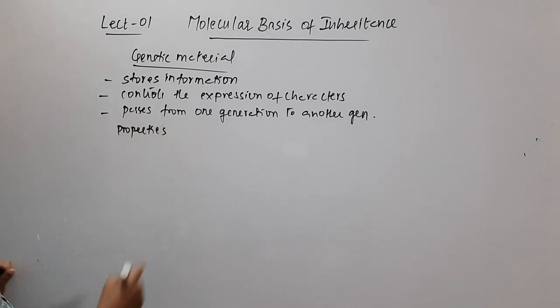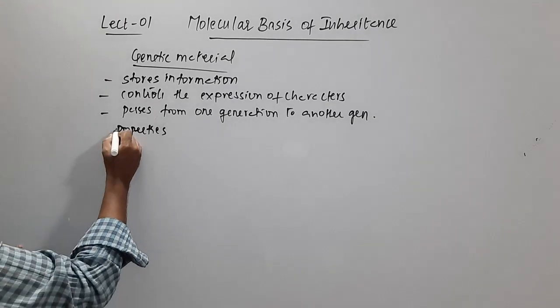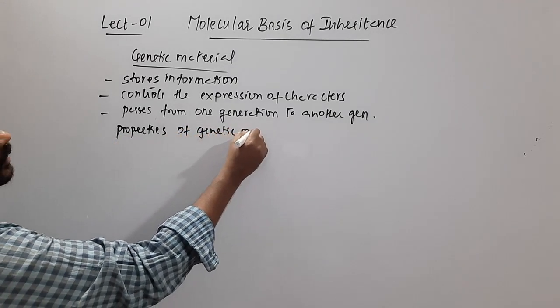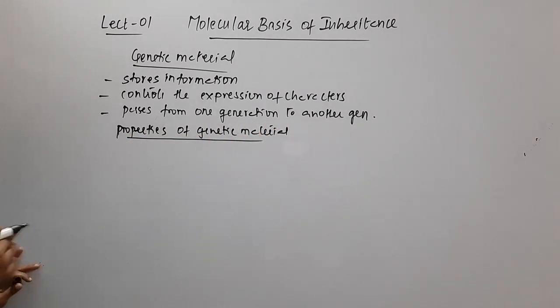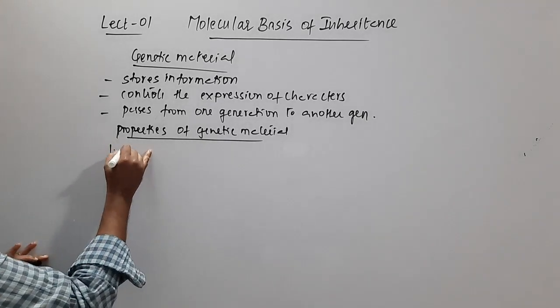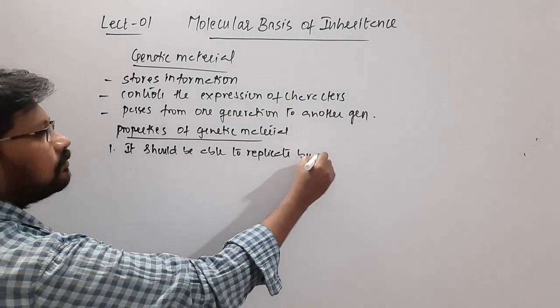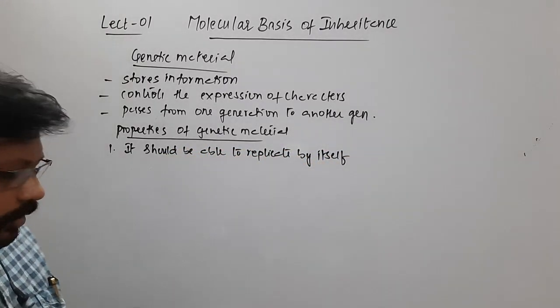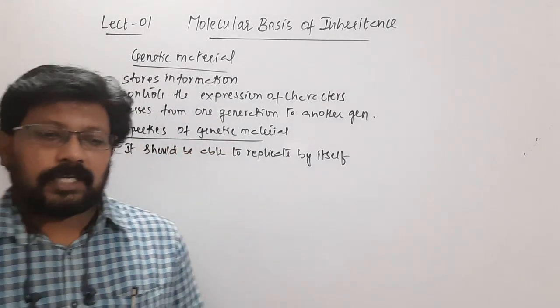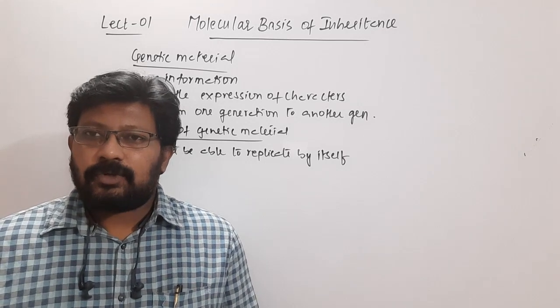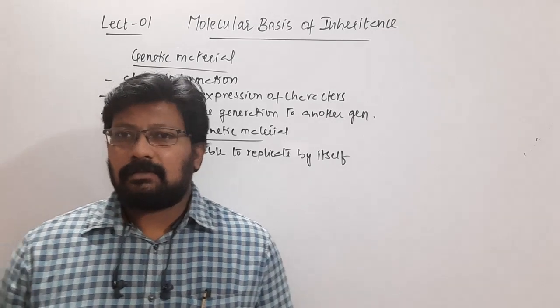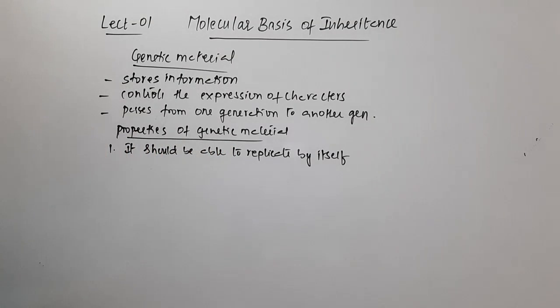So here, for a molecule to be a genetic material, what it has to follow. So properties of genetic material. For a molecule to act as genetic material, it should be able to replicate by itself. Now we know in living organisms there are various molecules, like of course fats, carbohydrates, and then proteins. None of these have a property of replicating by themselves, so hence they cannot act as genetic material. So for a molecule to act as a genetic material, it should be able to replicate by itself, and then